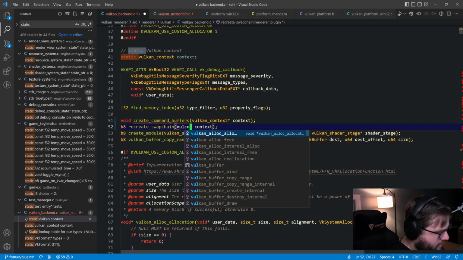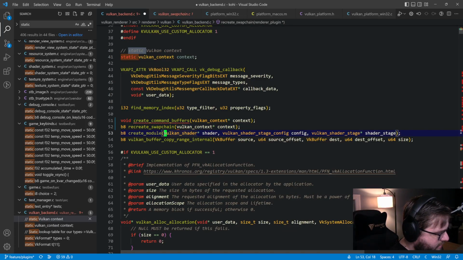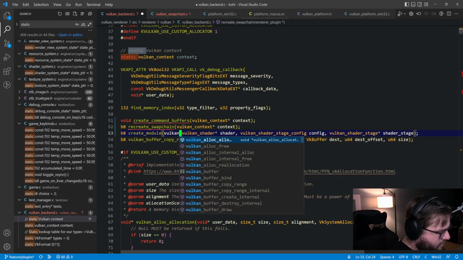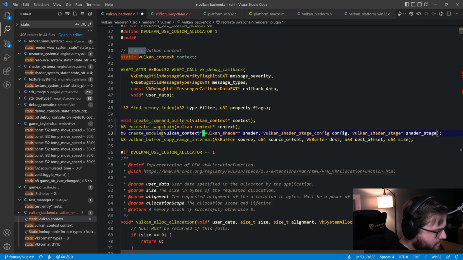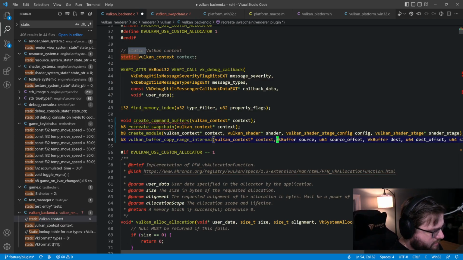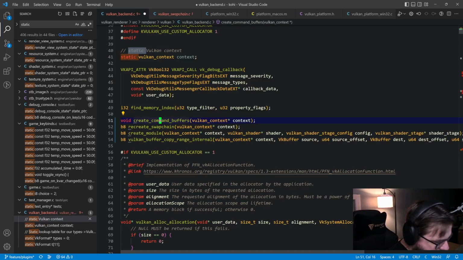Oops. Right. This needs the Vulkan context, and this needs the Vulkan context. Okay. And of course now these are going to bleat because the